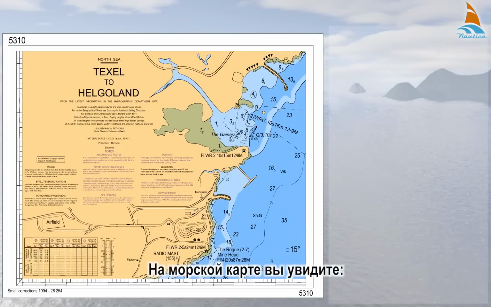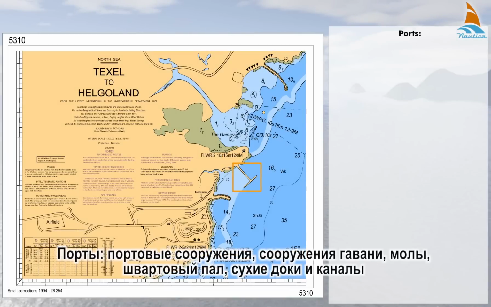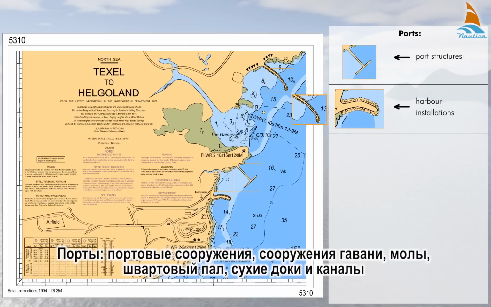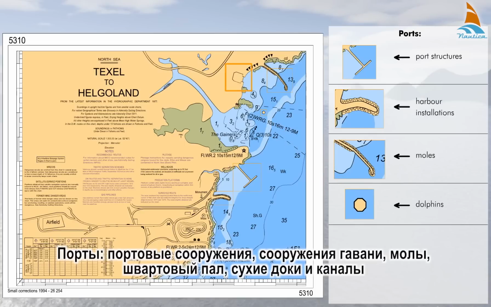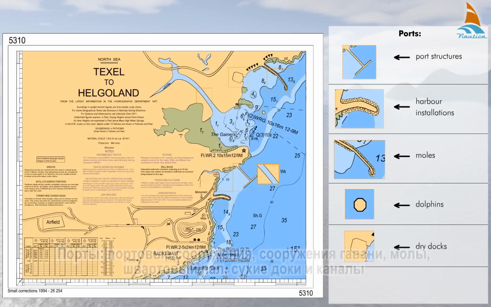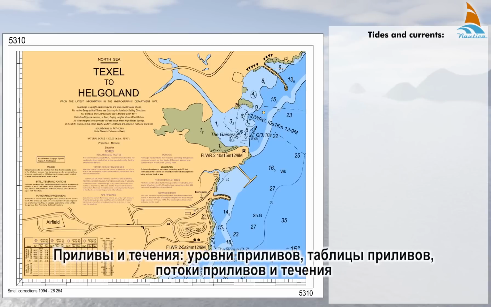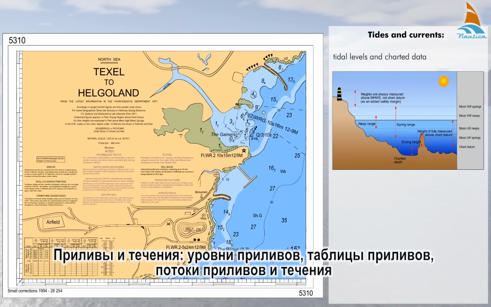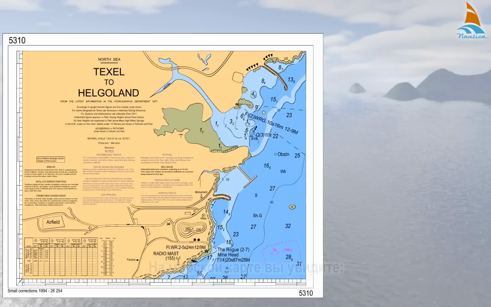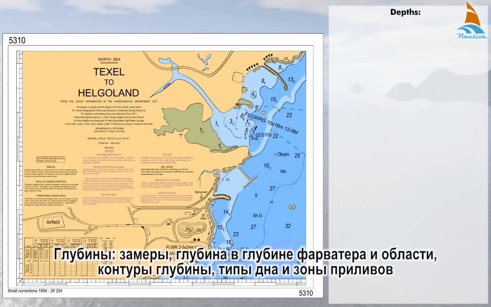On the nautical chart, you'll also see ports, including port structures, harbour installations, moles, dolphins, dry docks, and canals. Tides and currents, including tidal levels, charted data, tide tables, tidal streams, and currents. On the nautical chart, you'll also see depths including soundings,